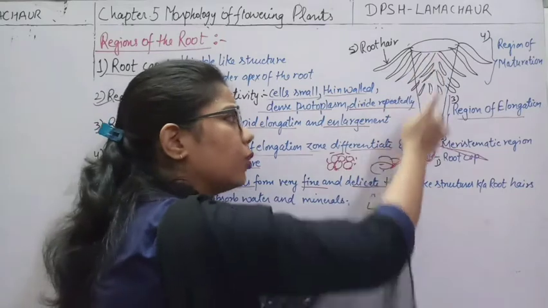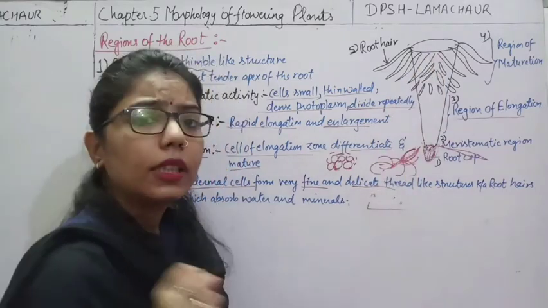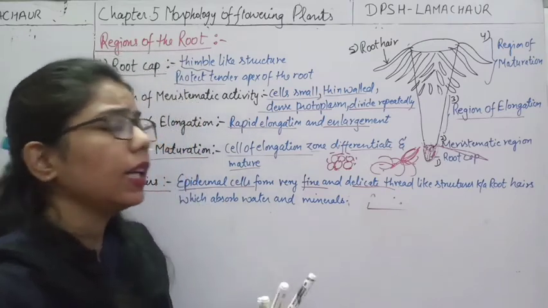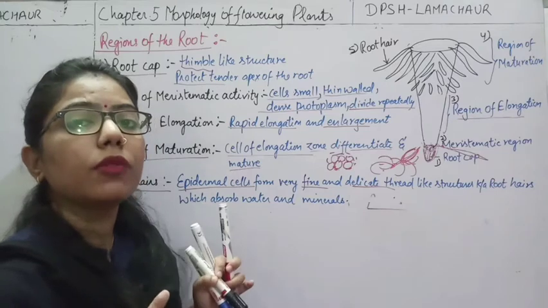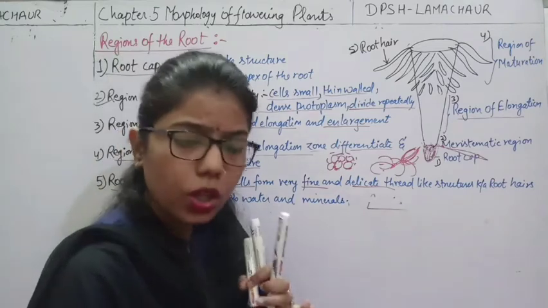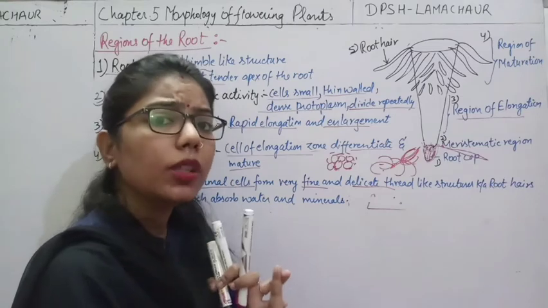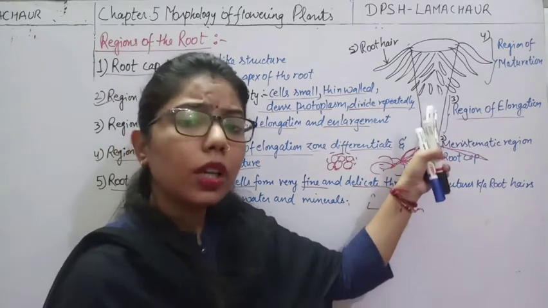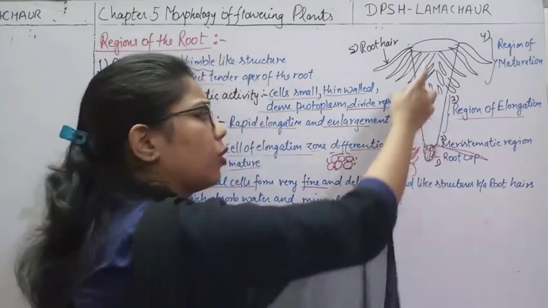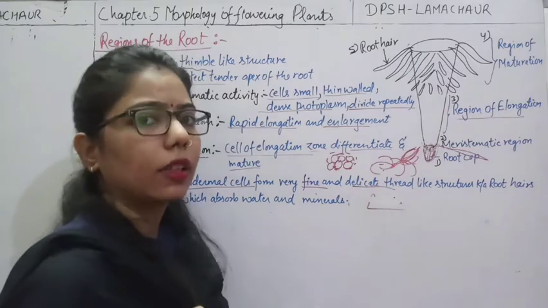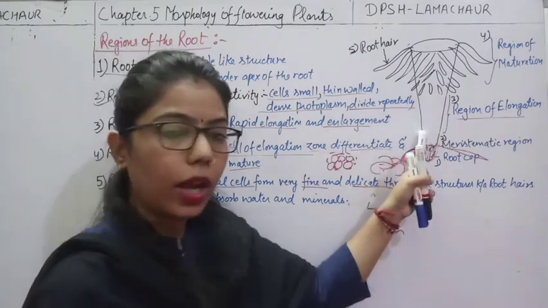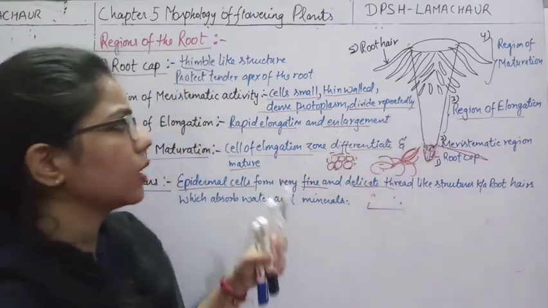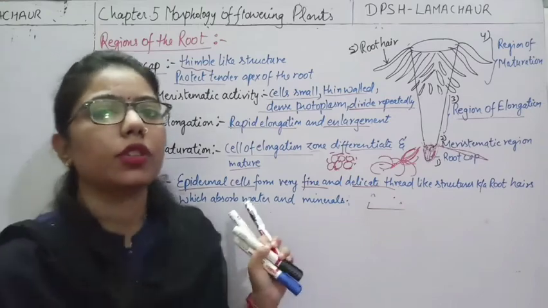So now we will understand the modification. Here we have seen that the root is arising from the radicle, but now there is some function which needs some modification. Modification for storage, modification for respiration, because we know that these are functions of root, and the root will not be able to do all the work. So for all these activities, it is required that there should be some modification in the root system. Clear? So that's why we will study another topic, modification of root.